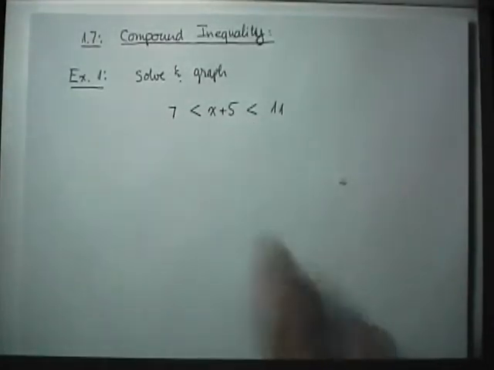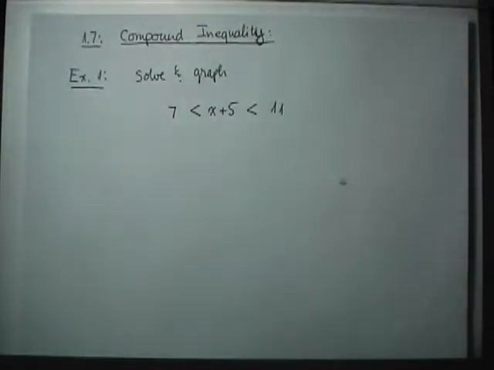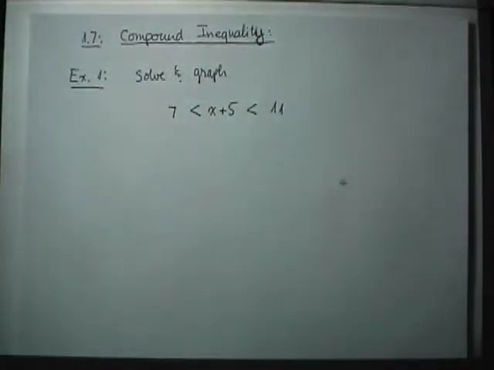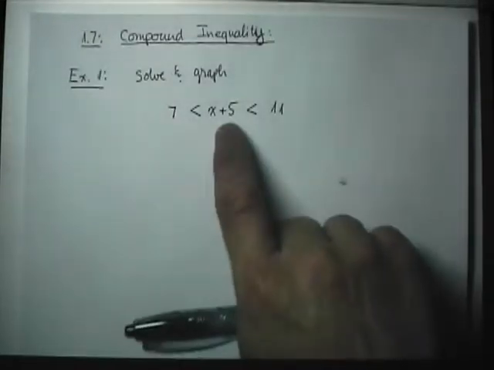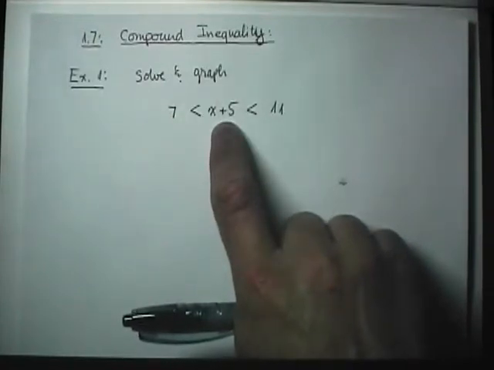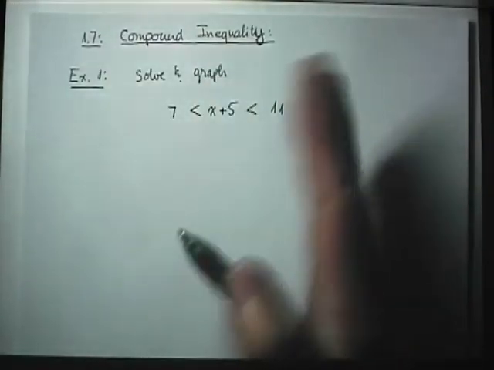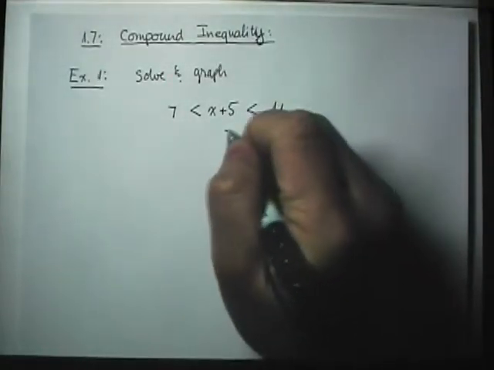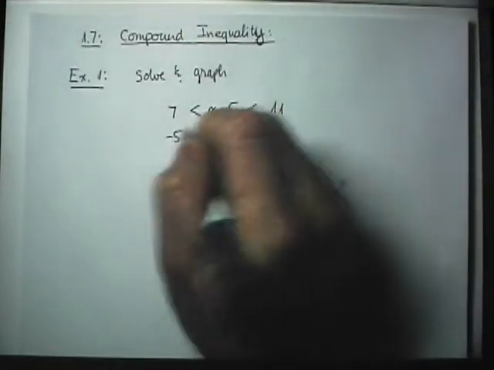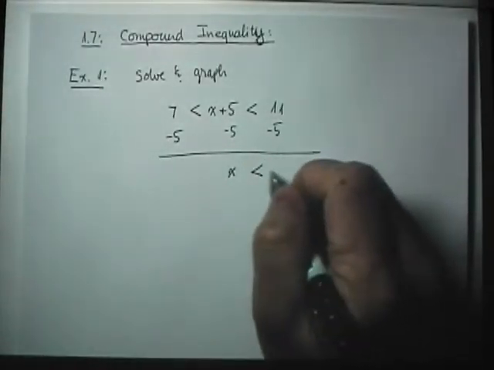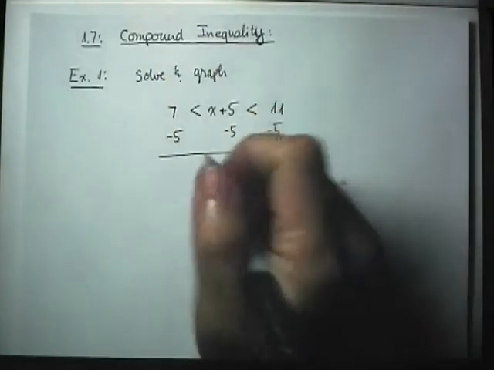Now the inequality has grown to three sides. However, it's okay. The way of solving it is just like the linear inequalities we've had. The only difference is that we always try to keep the x in the middle term, and we already discussed this in class. The rest is carried out just like solving linear inequalities. Here, I need to subtract 5 from all sides. That gets me x less than 6 on the right side, and on the far left side,